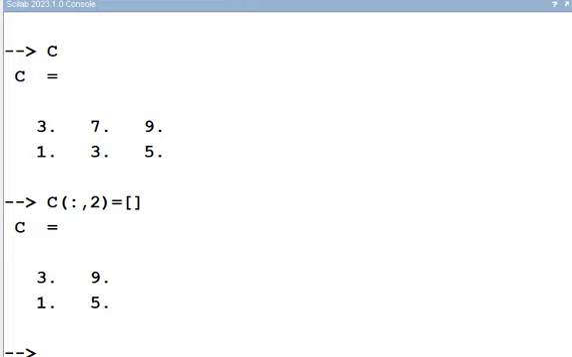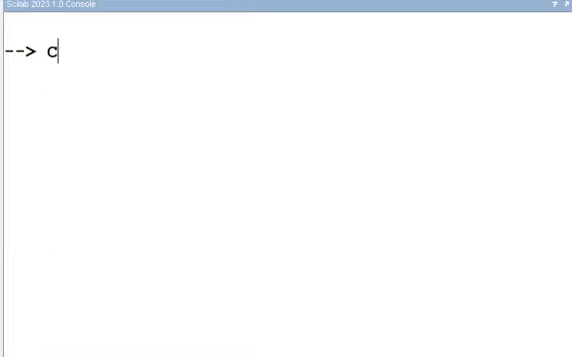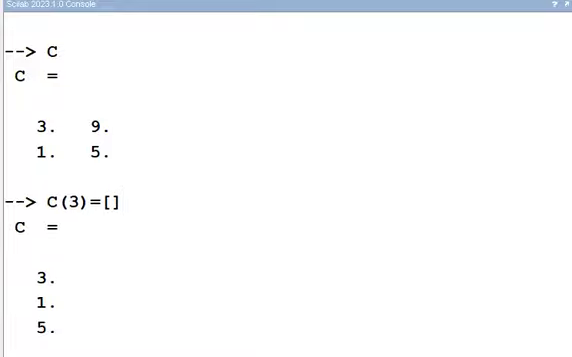Now one more thing, let us see what our current C value is. So right now it is this. Now let us say I want to delete 9. So what should I do? I need to convert it into a single column form, and then only the element can be deleted. It means if I write C(3) to delete, I am not taking row and column. So what will happen? It will generate the elements as 3, 1, 5,